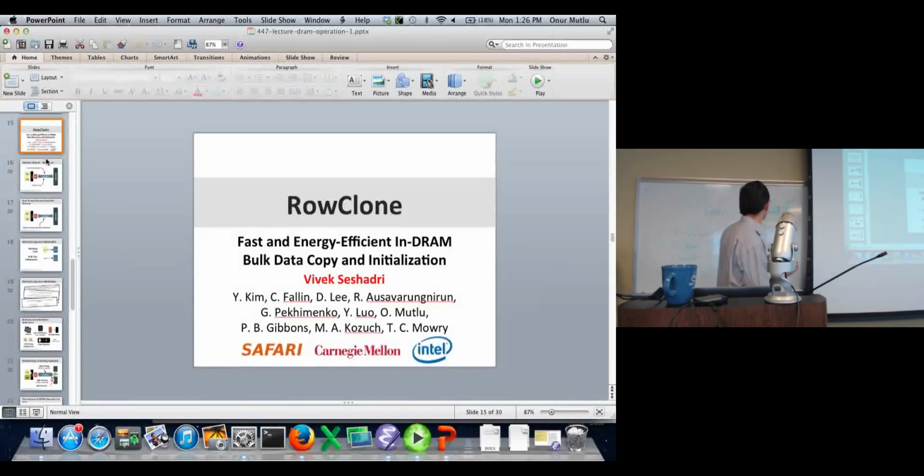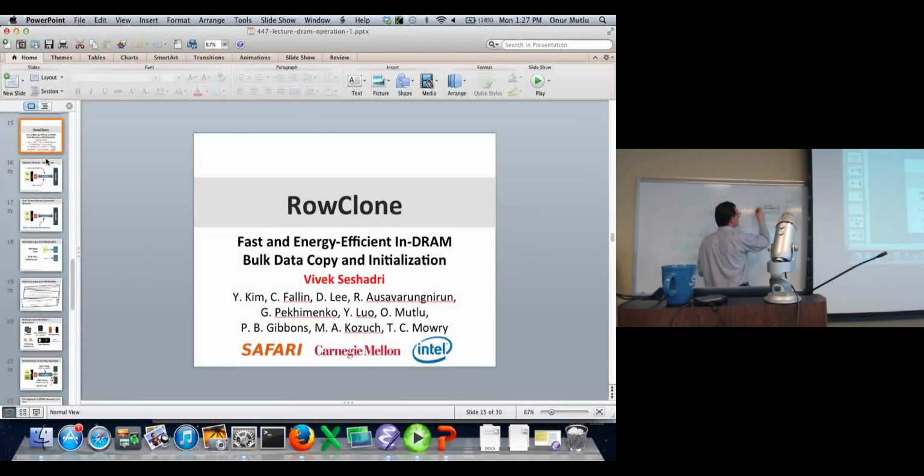And the idea of RowClone, I guess I'll give you that also. The idea of RowClone takes advantage of this bulk operation. Basically, if you want to copy one row to another in DRAM, purely in DRAM, what you can do is activate this row, which brings the row into the sense amplifier in the subarray. And if your destination row is in the same subarray, let's say you want to copy the source row A to destination row B,